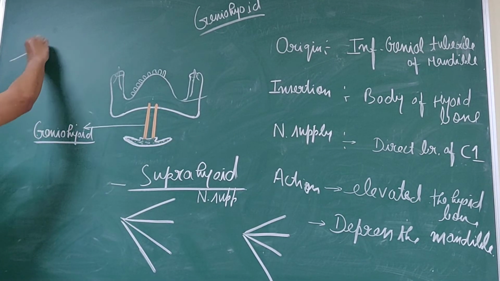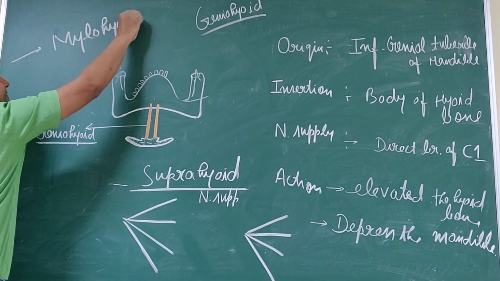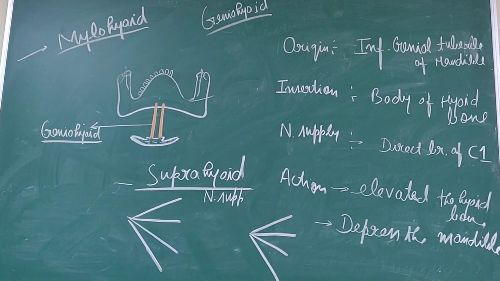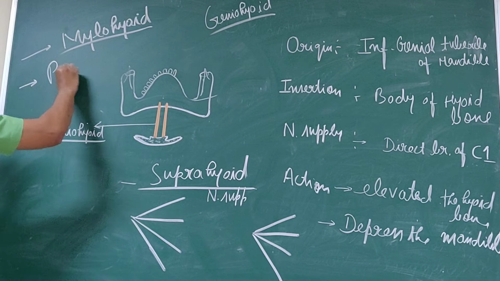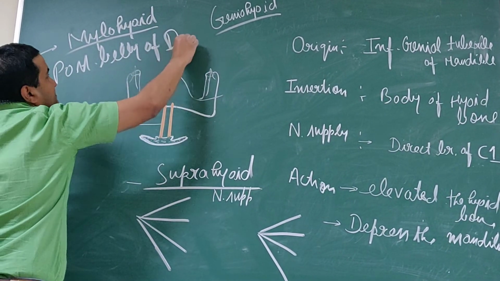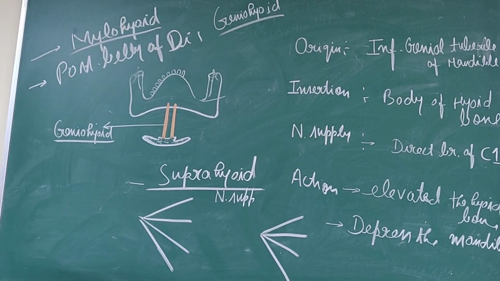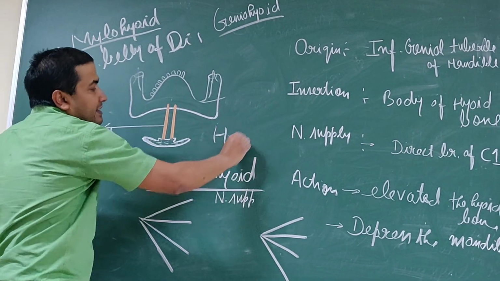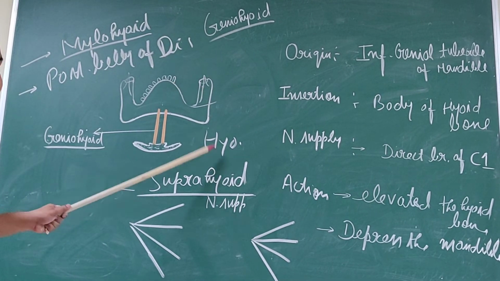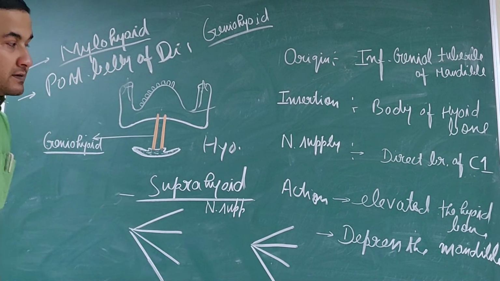Like the important one is the mylohyoid muscle: the diaphragma oris, it divides the submandibular gland, divides the submandibular space, then it is the posterior belly of the digastric. These are the 2 key muscles. Then after it is the hyoglossus. Next is the hyoglossus muscle. It is more superior, more key than these 2 muscles. Most important, then second, then. Thank you.